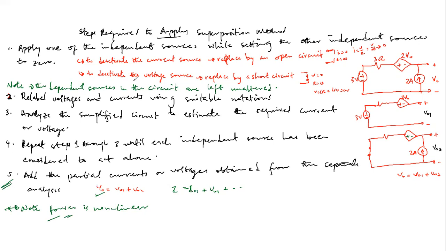Let us consider an example. So let's assume the circuit with 3 volts, 3 ohms, 3 V here to measure. So one estimates V0 using